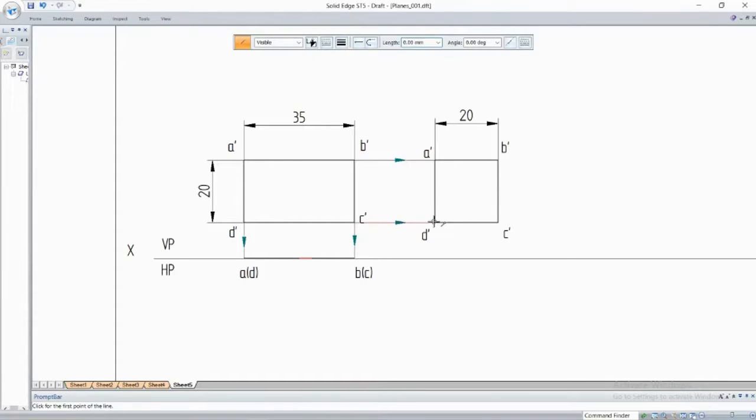After drawing the projection lines from here to here, first I have to draw this till here. So this indicates your edge AD. What about the other edge BC? Will it be on the XY line? It will not be on the XY line, because when you rotate it, it comes somewhere here. So I'll just take this and draw a projection line here. I don't know what the line is.